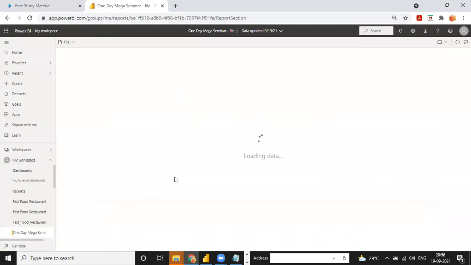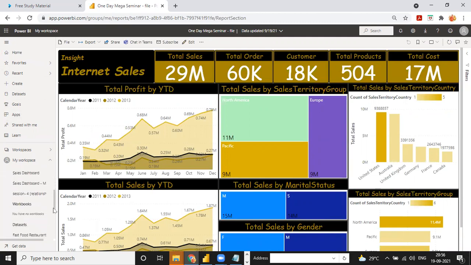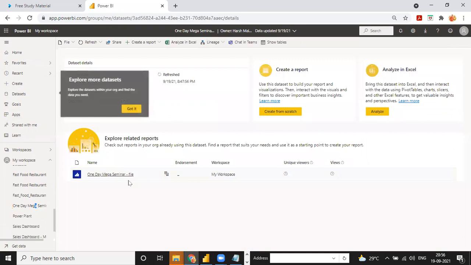See, this is our sales dashboard. When I publish this report from Power BI Desktop into the app, only the report is published into the app, not the data set. This is the data set I have prepared, like one day Meghna. You can download the data set, but you cannot download it from the app.